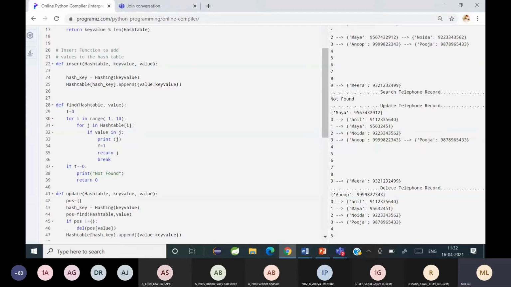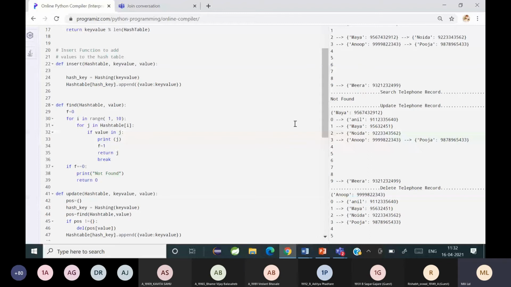If the flag is not set, then it will print not found. If it is set, it will break out of the loop and it will print the particular value. So that you can see here. For example, if I say all the elements you can see inserted is Anil, Meera, Maya and so on. And you can say here I'm saying find Alice.